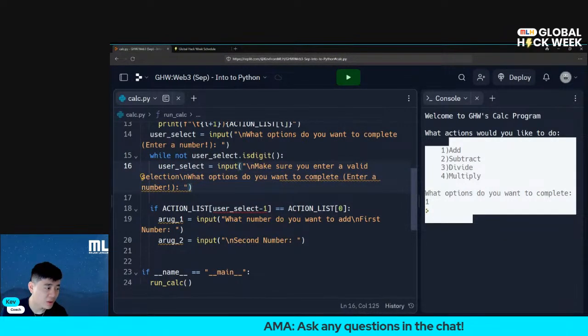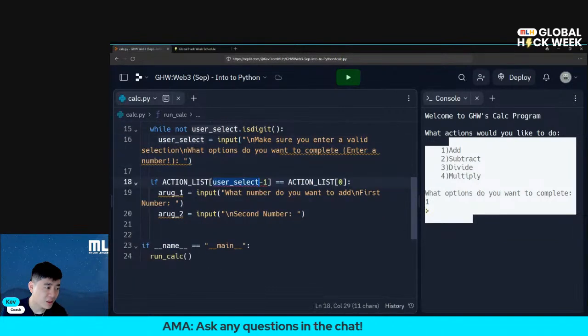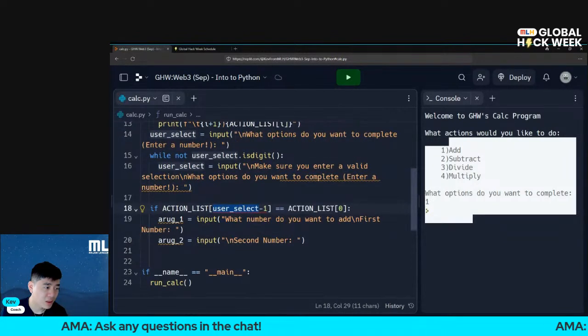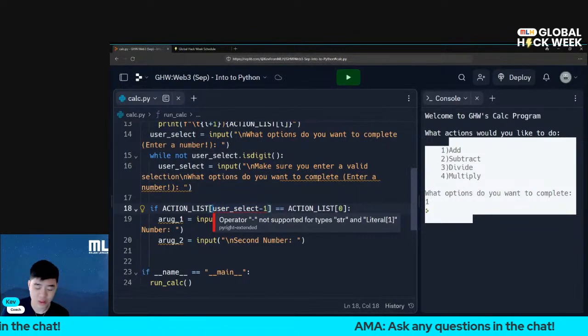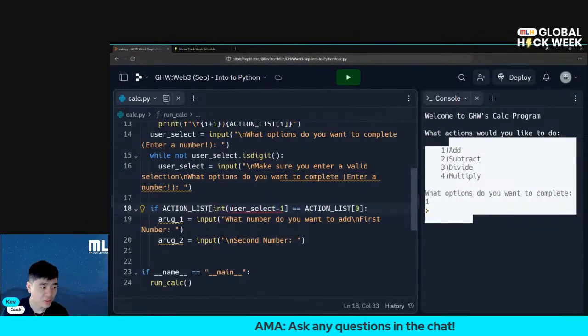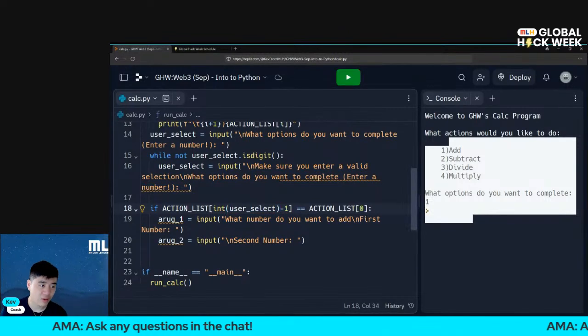Okay, and then we're going to do that. And then we're now going to do this. So while it's not digit, we keep asking. And then what we'll do is now we can just typecast it in here. Because we asked for while it's not digit, now we're going to say convert that to int. Subtract. Now if we run this,